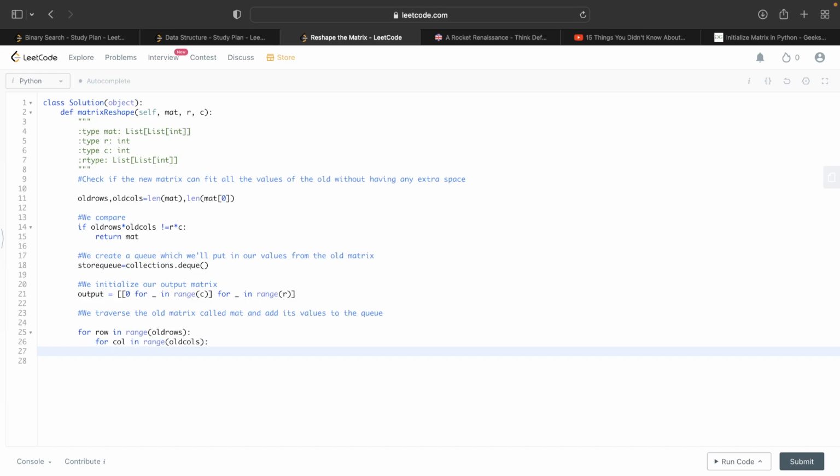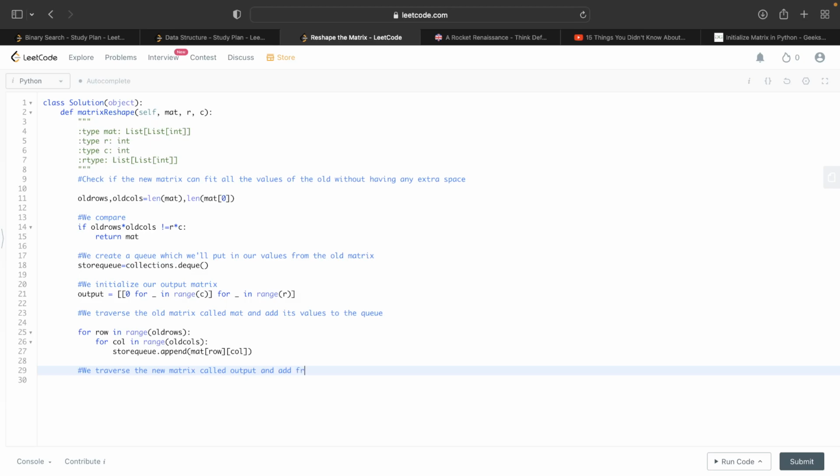Then it will be store queue dot append mat at row, column. And that's it, right? Now we traverse the new matrix called output